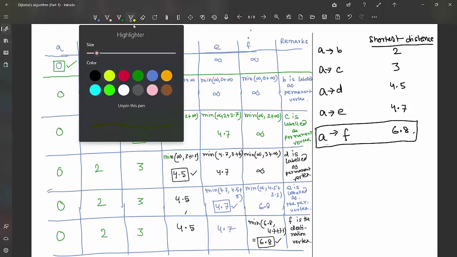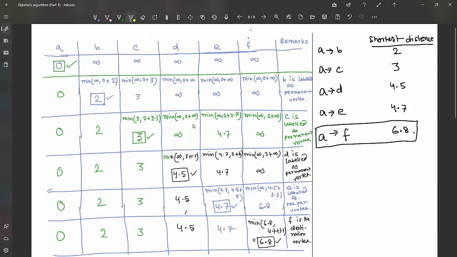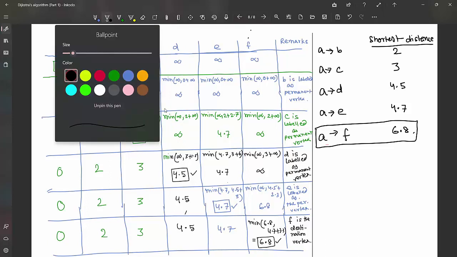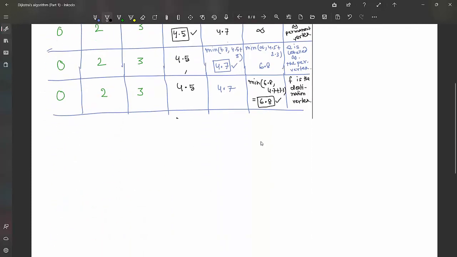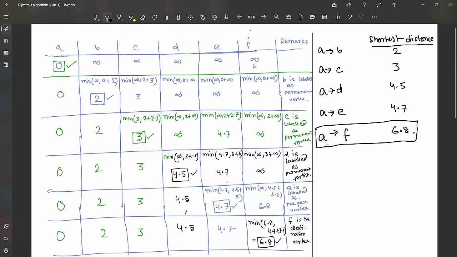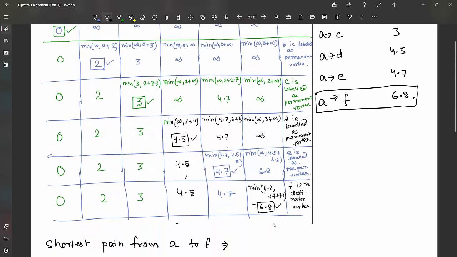The rule is, always start with the destination vertex. So suppose we need the shortest path from A to F. So we always start from the F, that means the destination vertex. So just start from the F and go in the upward direction